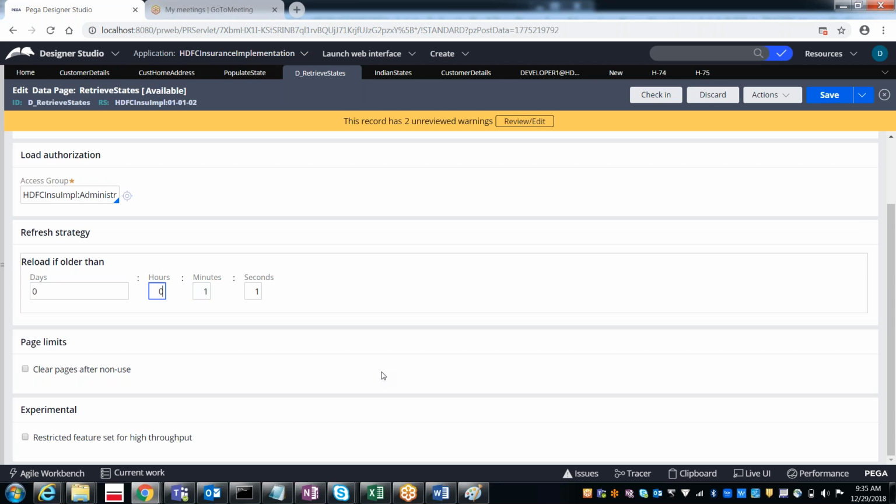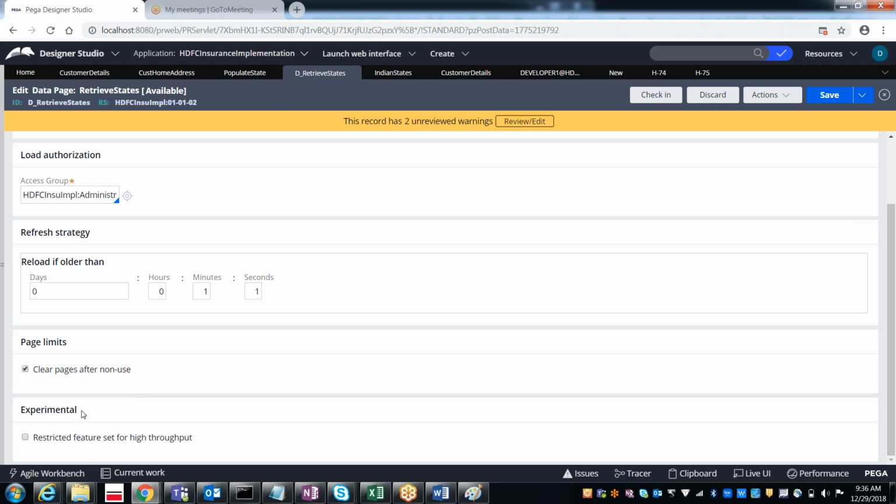In case you give 0 and 1 minute, then for every 1 minute it is going to refresh the page, means remove the page and create it again. So like that, reload if older than, and you can even select clear pages after non-use. So it will maintain some time, and if it is not used for that particular time, then it is going to clear the pages after non-use. So likewise we can do the experimental also.